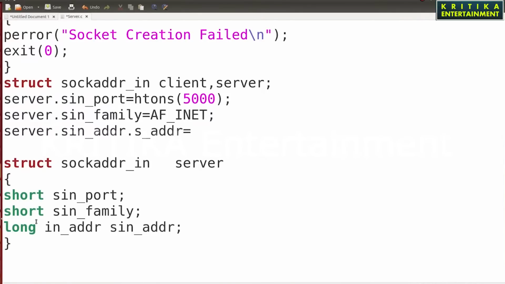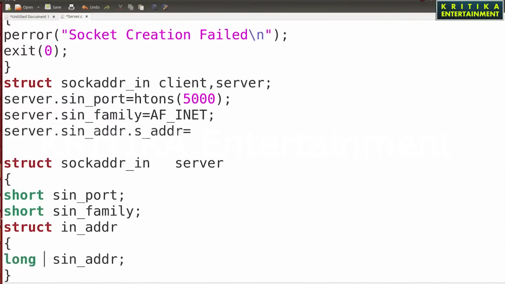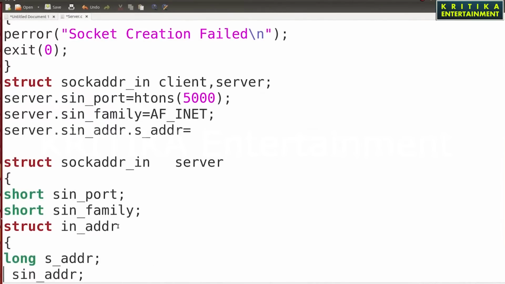Inside this you consider a nested structure, in_addr, whose variable is sin_addr. In between these there is also another member, then a semicolon, then bracket close.